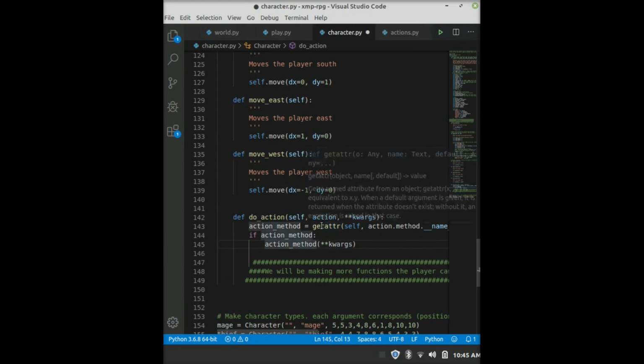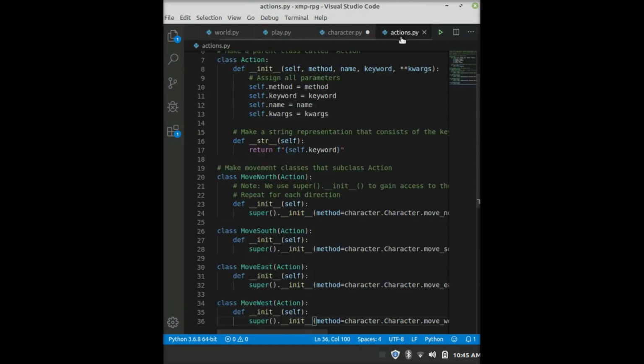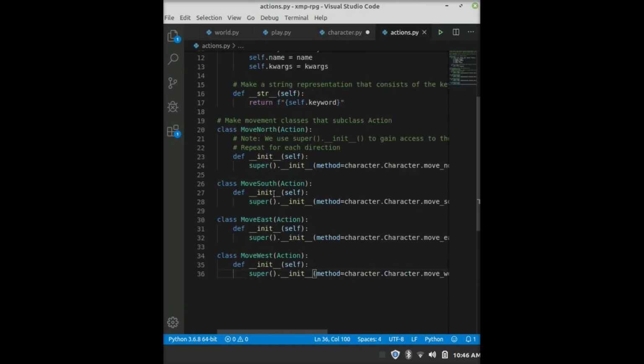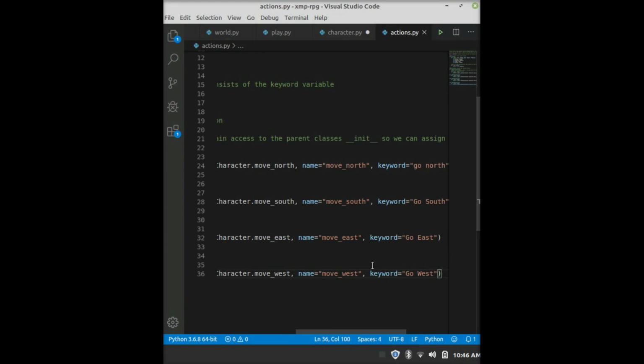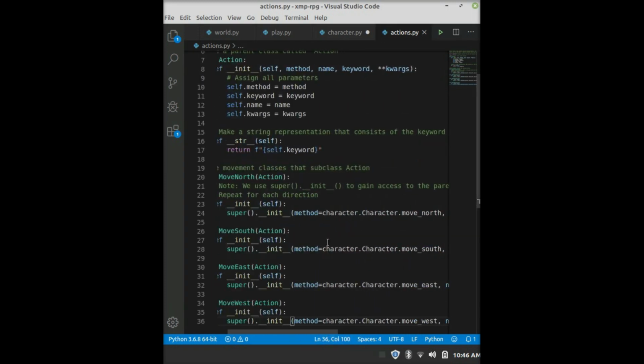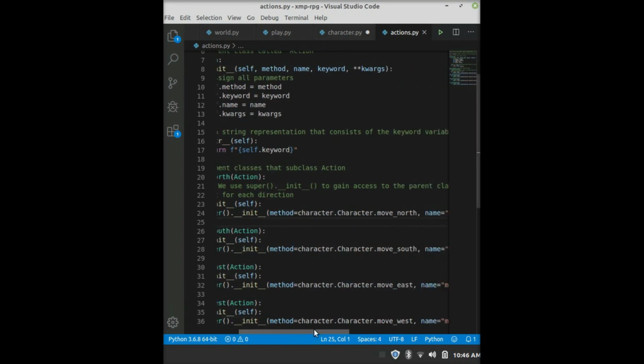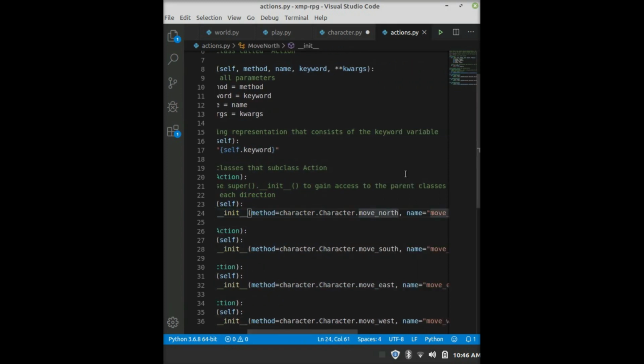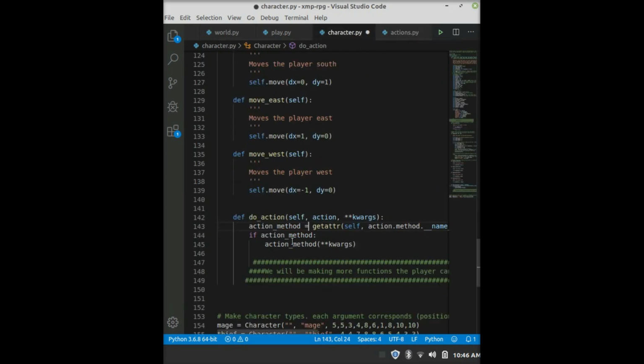kwargs. So the get attribute, let's say we're going to move north. The get attribute goes to actions and goes into move north and grabs out the name, which is move north, and the method, which is character.move_north, right? So then what that does is it returns that to here and assigns that method to action_method. And then we say if the action method exists, so if we got the right attribute, then execute that